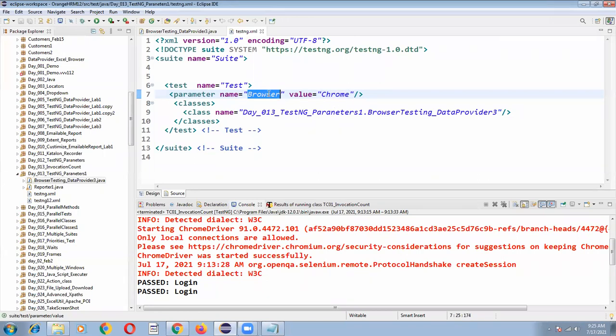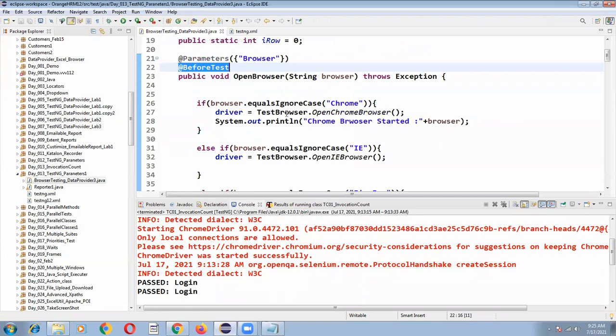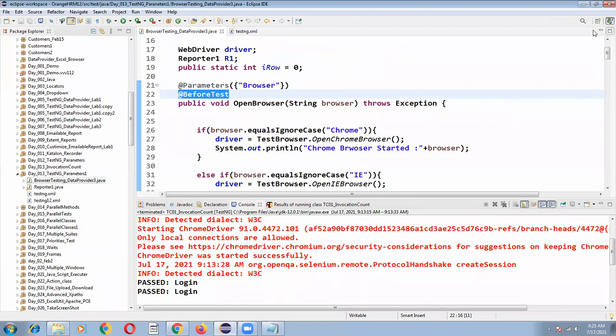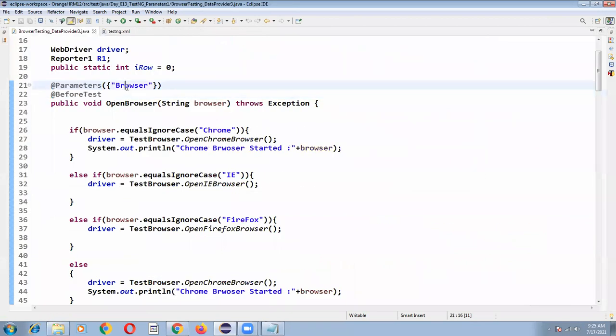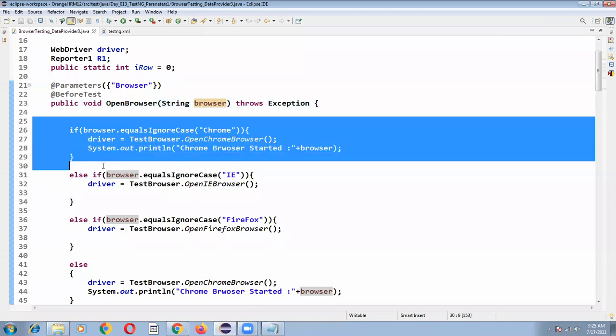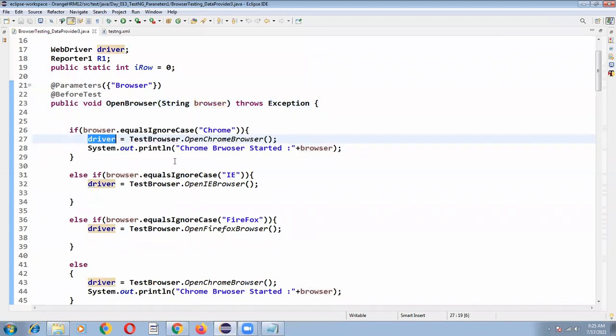If I want to read this value, I read it in my before test section with the parameters browser. This browser value will be passed automatically here. If browser equals ignore case Chrome, the driver is pointed to the Chrome browser and Chrome will be launched.